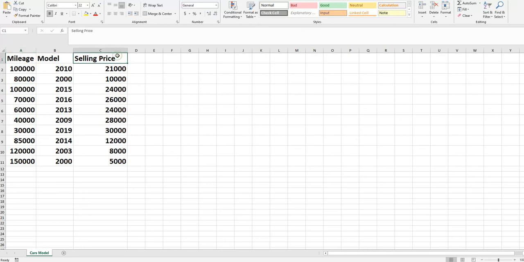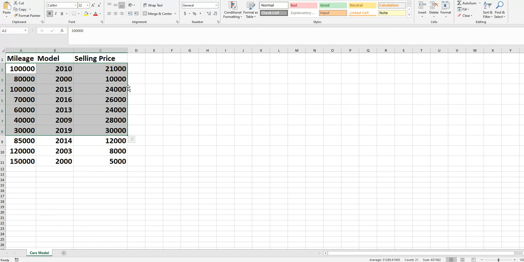So it means that selling price, this column, is the dependent variable, while these two are the independent variables. Or simply you can say that selling price depends on mileage and model, right? So what we have to do here, we have 10 records. We will divide our records in two parts, whatever ratio you want, 60/40 or 80/20.